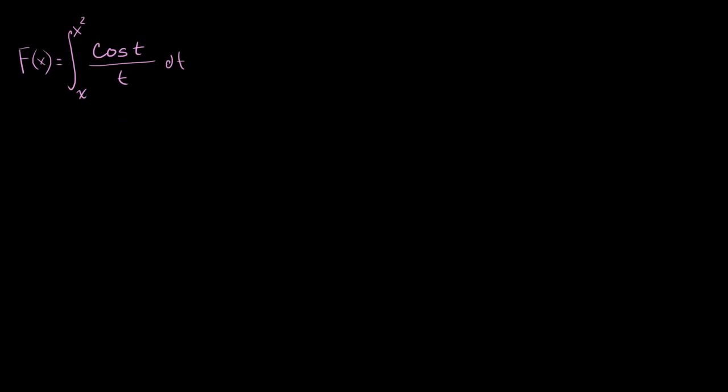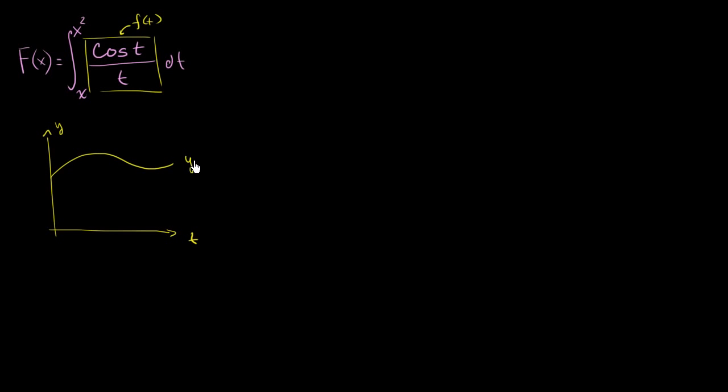And to realize that, we really just have to attempt to graph what this is representing. So let's say that this is our lowercase f of x, or I should say f of t. So let's call this lowercase f of t, and let's graph it over the interval between x and x squared. So let's say this is my y-axis, this is my t-axis, and this right over here is y is equal to f of t. I'm drawing it generally. I don't know what this exactly looks like. And we're going to talk about the interval between x and x squared.